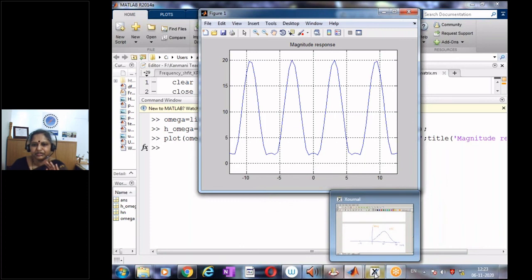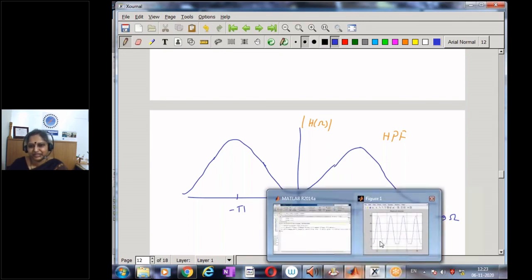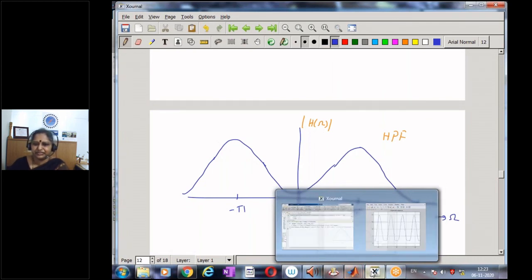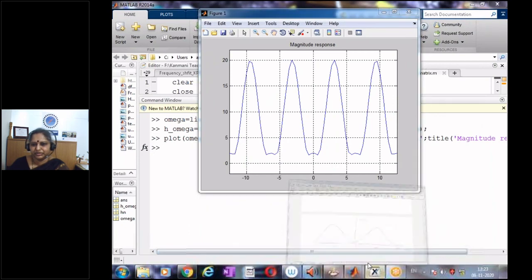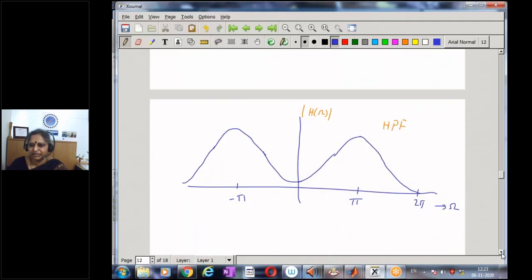So the periodicity always exists, it's always periodic. In this case it's not so smooth, but it is what we have seen. It's a poor drawing of the actual frequency response that is given precisely by MATLAB, by a good plot. It's a freehand sketch, and hence a poor approximation of the actual plot. But our conclusion is a high pass filter.